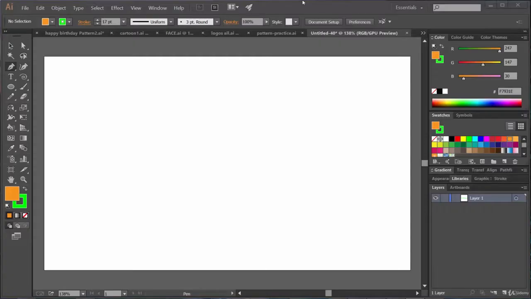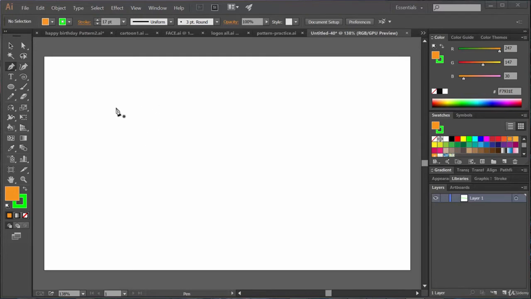Hello friends, in this lecture we are going to take a look at a very interesting thing, that is drawing curves with the pen tool, because all the fun begins with curvatures that can be drawn with the pen tool, isn't it? Well, let's see. So this isn't rocket science.